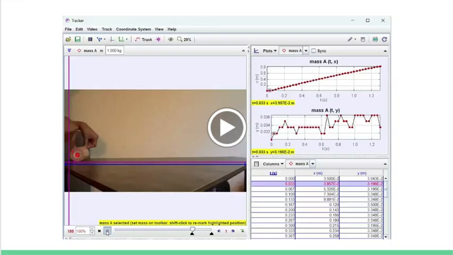Here is the Tracker software that we used. For setting it up, I had to set my X and Y values, as well as use a calibration stick to set the length. And as I play the video,